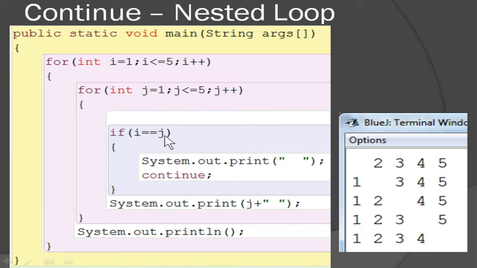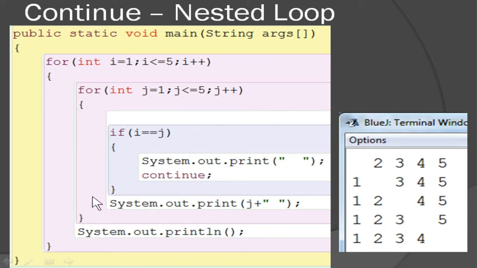That means i is 2 and j is also 2, so this statement will be executed. Instead of the number it will print a space, and then you can see the continue statement. That's how you are getting a space here, and it skips the iteration. It goes on to execute the remaining statements, and that's the reason you are getting 3, 4, 5.